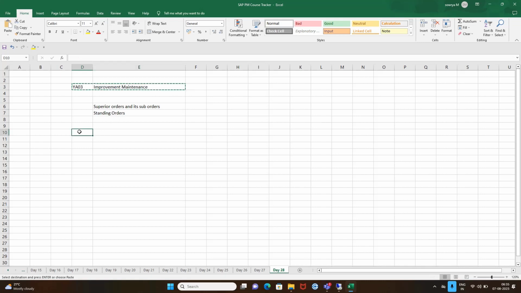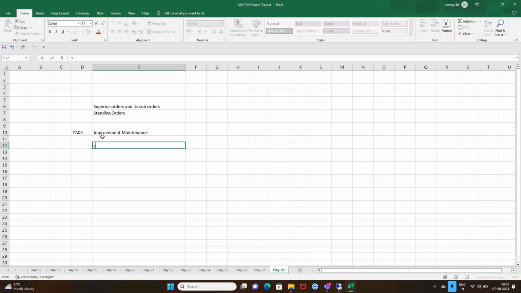The name itself says that if there is any need of any improvement in terms of any activity, then we will use the order type YA03. In such order types, the default settlement receiver, the settlement receiver is not a cost